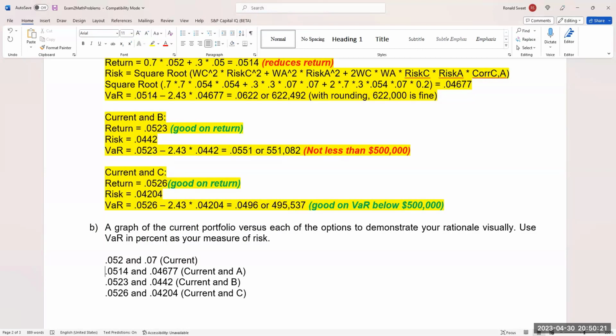No, the VARs, excuse me. Someone should have stopped me. I was seeing if anyone was paying attention. So you want to do it in VARs. So the VARs are